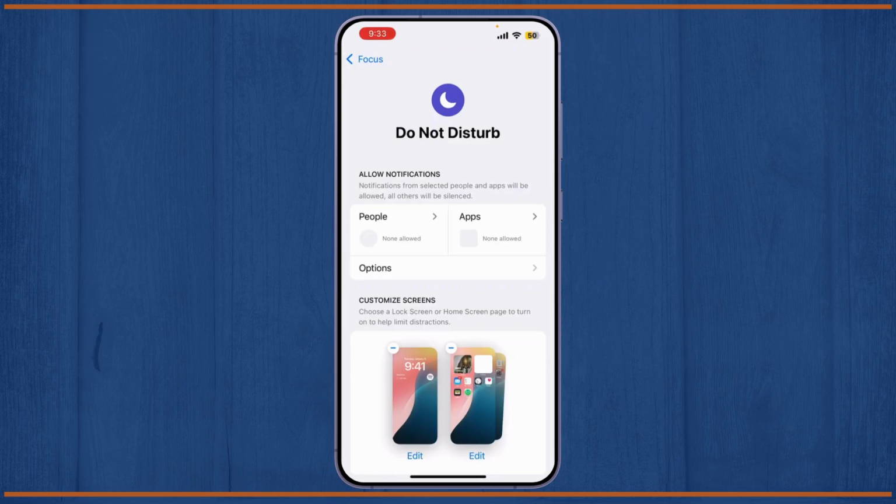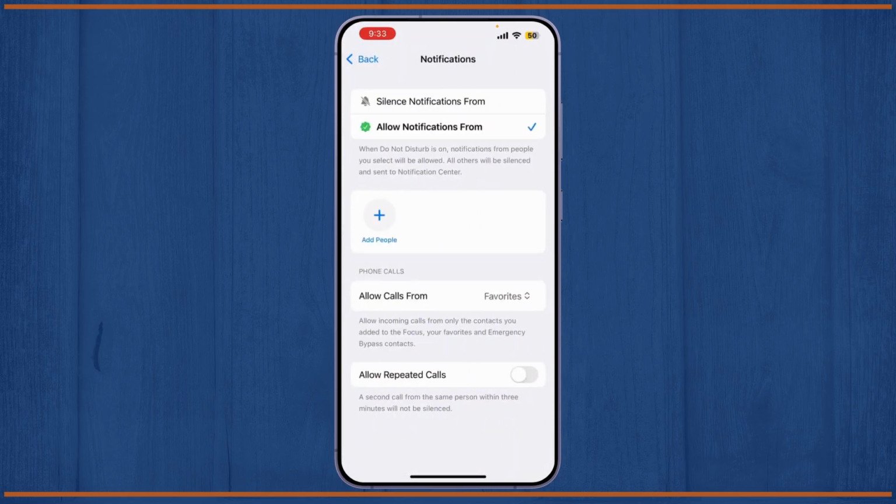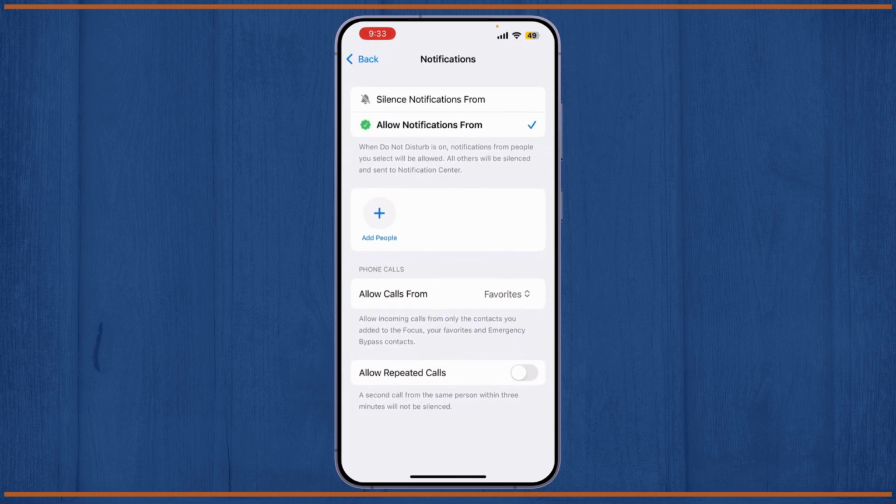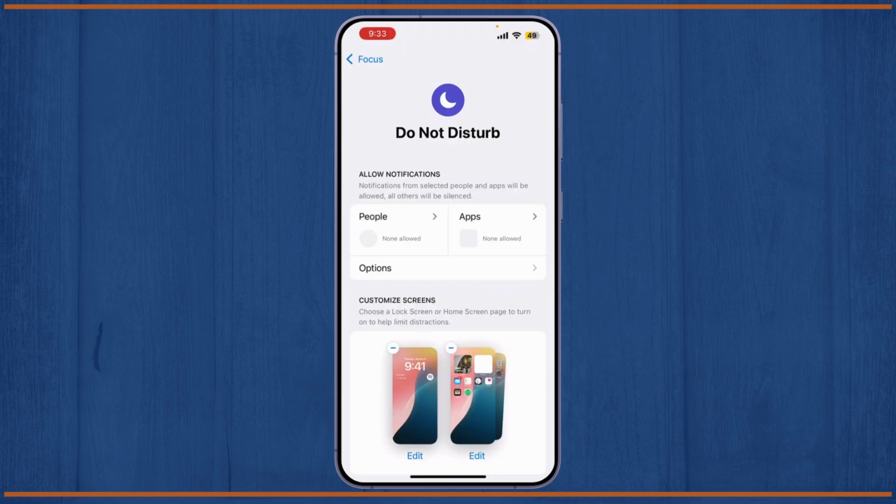Once you're in the Do Not Disturb settings, you can choose to allow calls from certain people or groups, but to block all incoming calls you need to make sure allow calls from is set to no one, or allow notification from, and from here, as you can see, allow repeated calls. Make sure to toggle this option off,